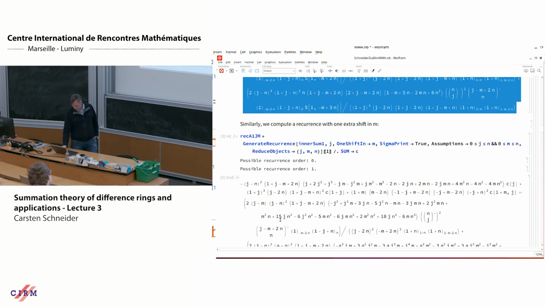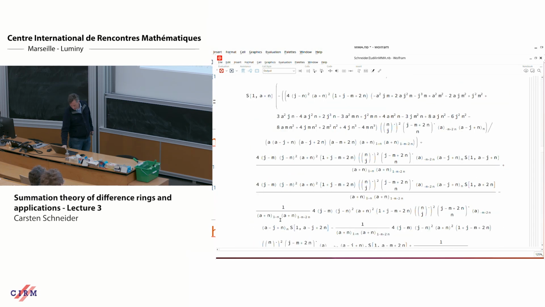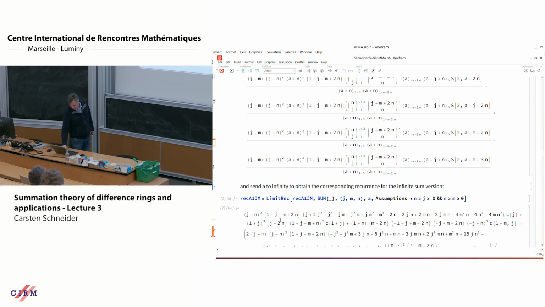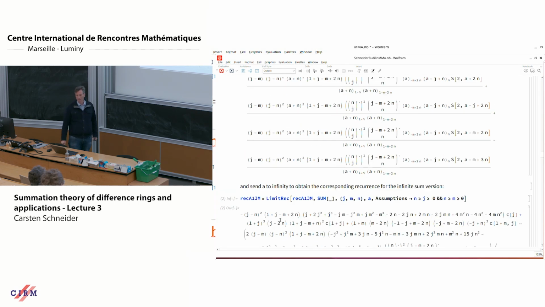So I compute also the hook recurrence. In addition, I do here one shift in M. So I shift once in M and the rest is on the line in J. And I get another recurrence. I send a to infinity and then I get that recurrence. Okay. And now